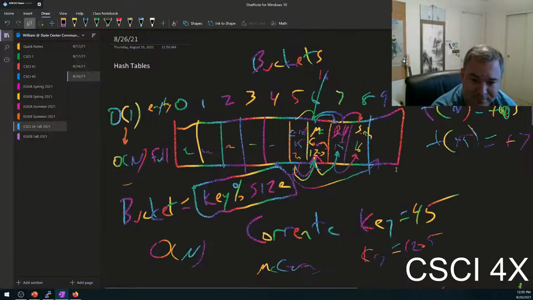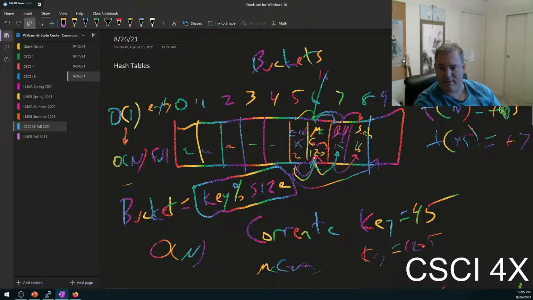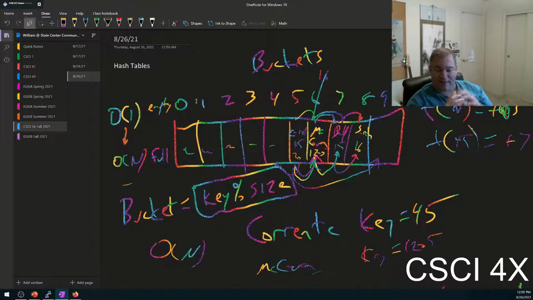Okay, so does this make sense? A hash table is just a big array, and you jump to the right spot. That's the key thing for hash tables: it's a big array, and you do a modulus with the key, and that takes you to the right bucket, hopefully. And if it's an empty hash table, it's boom, there it is. And so you can insert and search and delete in order one time. Now, when the thing starts filling up,